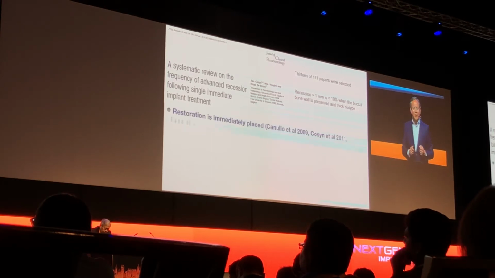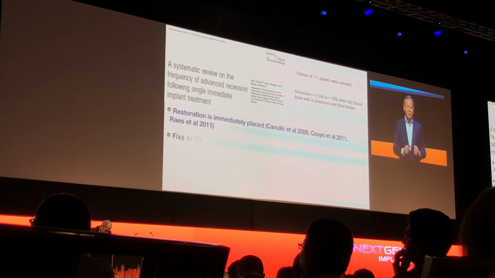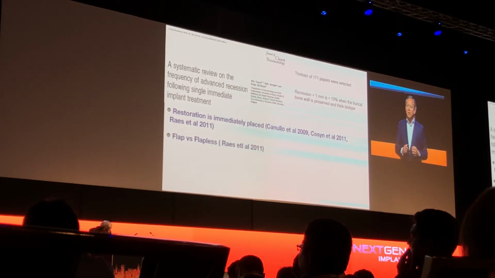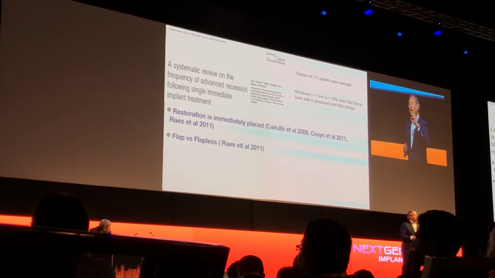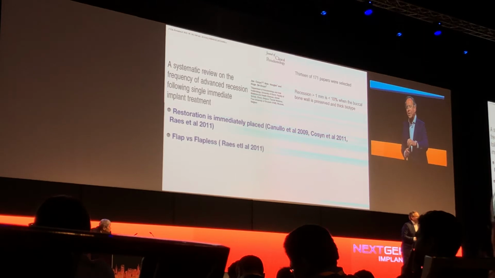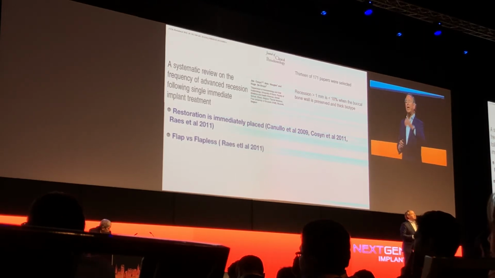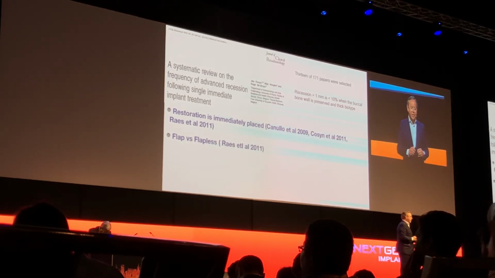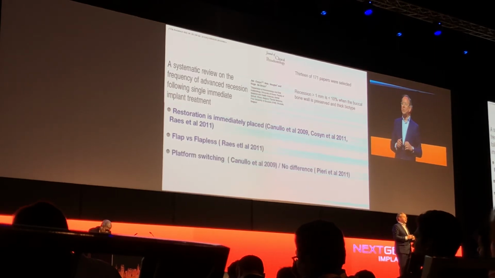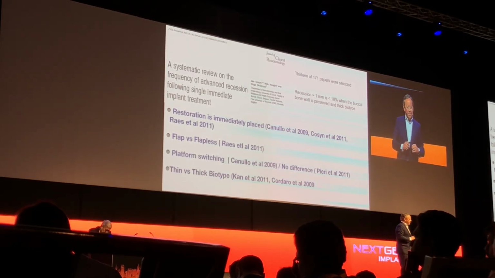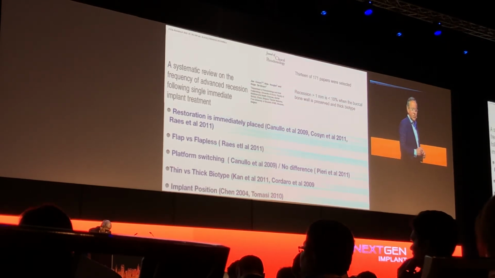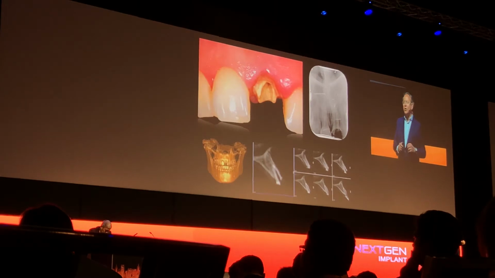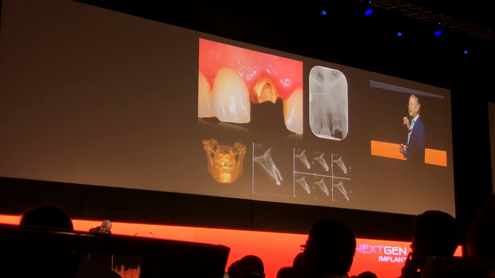And this is a systematic review from a group in Belgium, the group in Ghent, where they evaluated only the anterior maxilla. And they evaluated what happens if we place the implant in the ideal position, we graft the gap, and also we add a connective tissue graft. Can we improve the aesthetic situation? Well, actually yes, because in their systematic review, what they saw is that basically recession only happened in less than